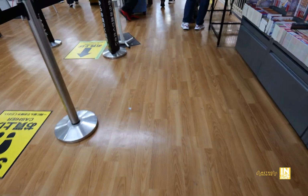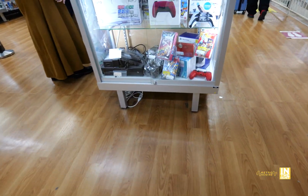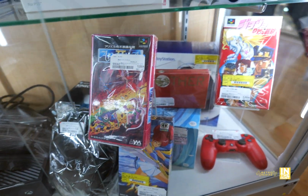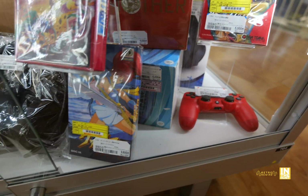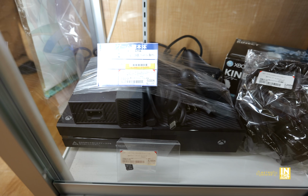And I was having a tough time actually finding where the games are, but here we go. We got the first showcase. And what do we have? Some Super Valis, some JoJo, Mother. Now, at this location, I didn't pick up anything, and I didn't really see anything that I had to have